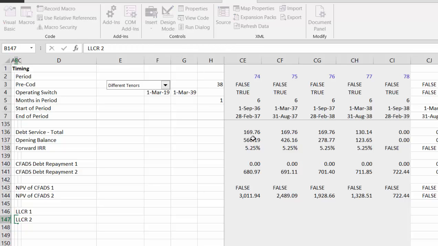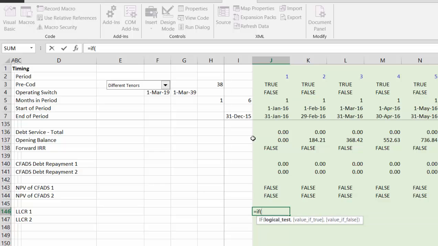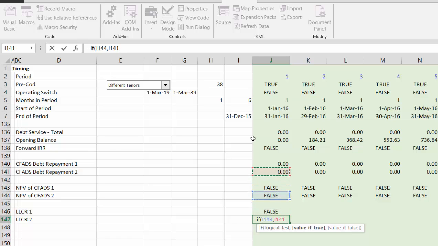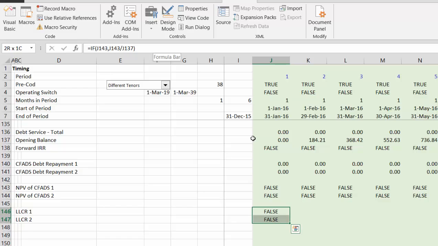And we can do the same sort of thing by putting an if statement. Let's try this one. If it's this one, then let's take this divided by the opening balance, and it's the same opening balance. I would use the total opening balance, which is 137. Okay, and let's do the same thing here. Whoops, skip down one. If it's this one, then take the cash flow and divide it by opening balance. Okay, and Shift Control R,